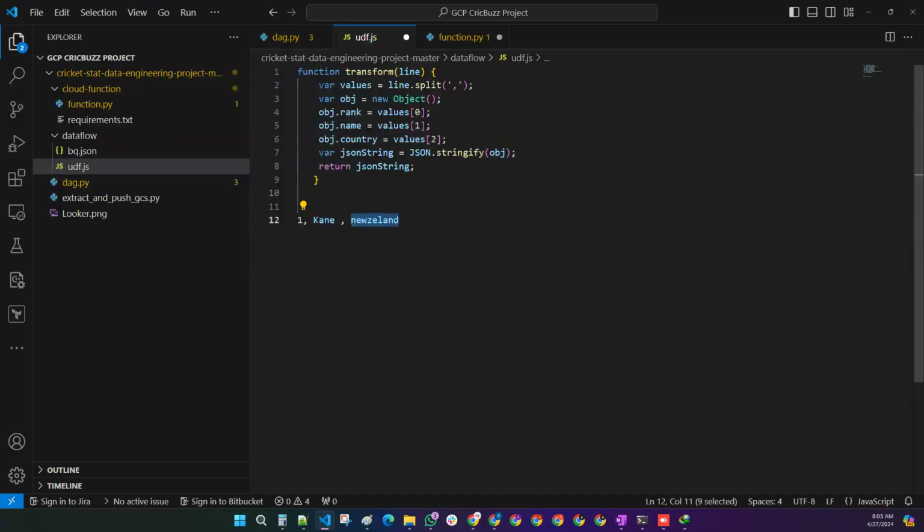one object. The first index object, which is 0, you are going to give to the rank column. Second is the name column. Third is the country column. And you are going to convert it into the string JSON format, and you are going to return a JSON string only. Okay, so this is what your UDF is doing. Once you are done with it,